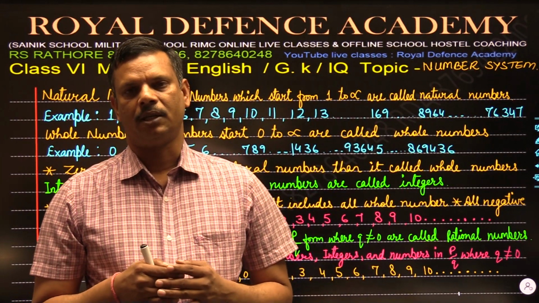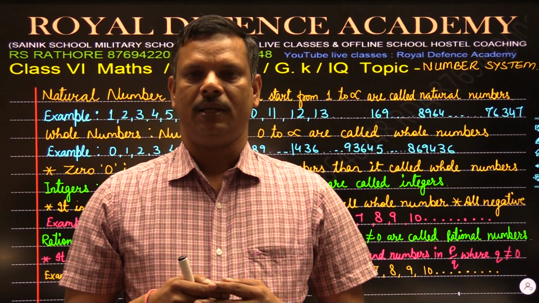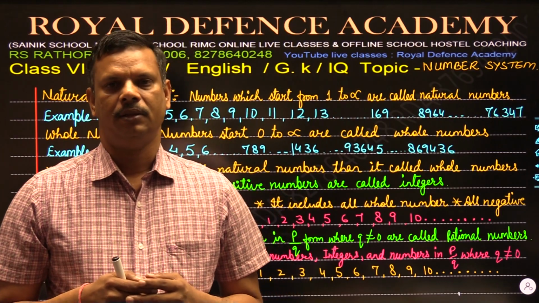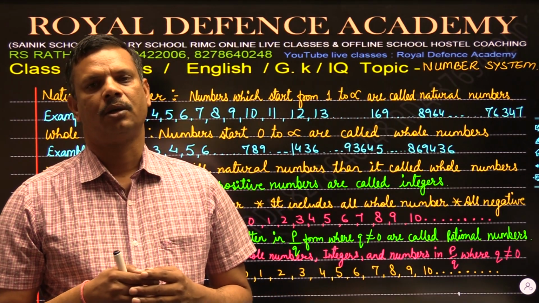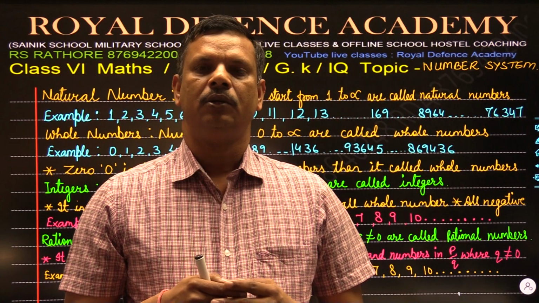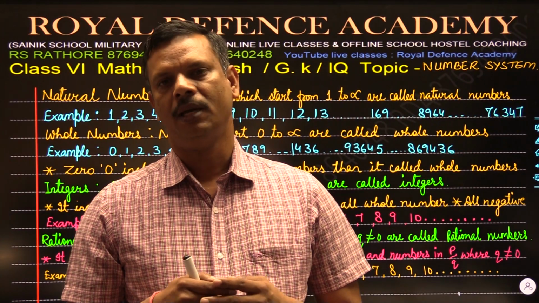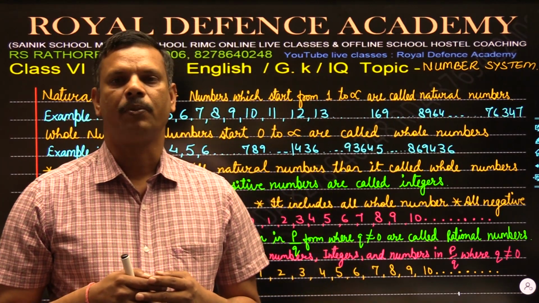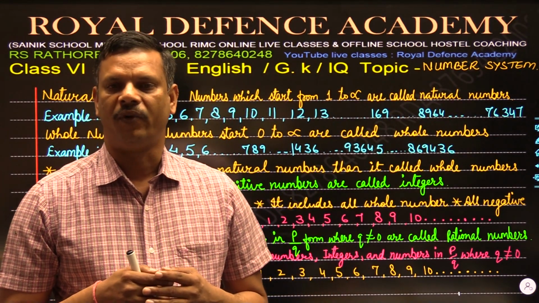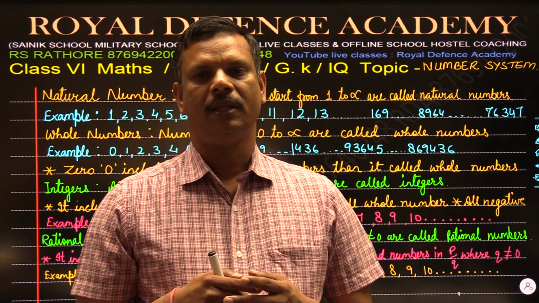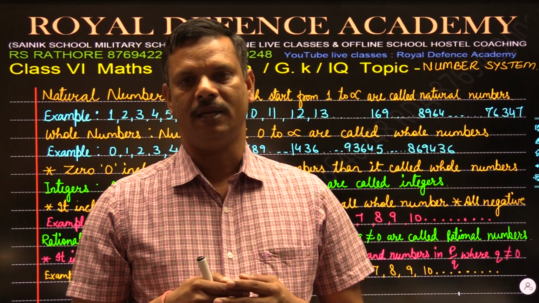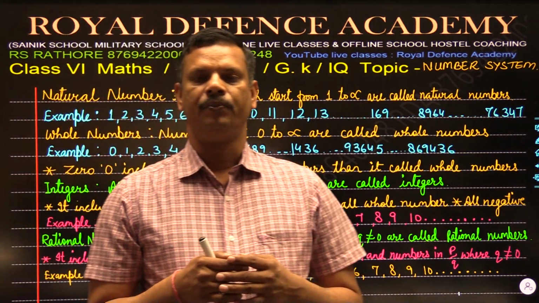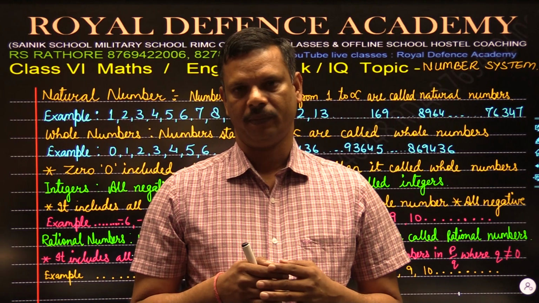Now we have to continue with our number system, and here the first topic is natural numbers. What is a natural number? A natural number is also known as your counting number. When we ask a small kid, in nursery, KG, UKG, to speak out counting, he will start from 1, 2, 3, 4, 5, and so on to infinity. What do you mean by infinite? Infinite means never ends, never finished. So natural numbers are those numbers which start from 1 to infinity.